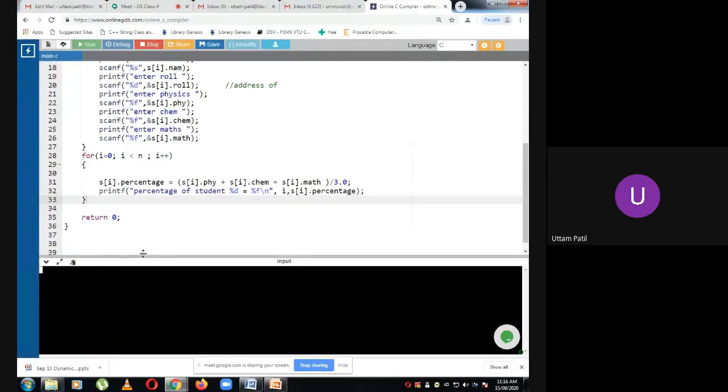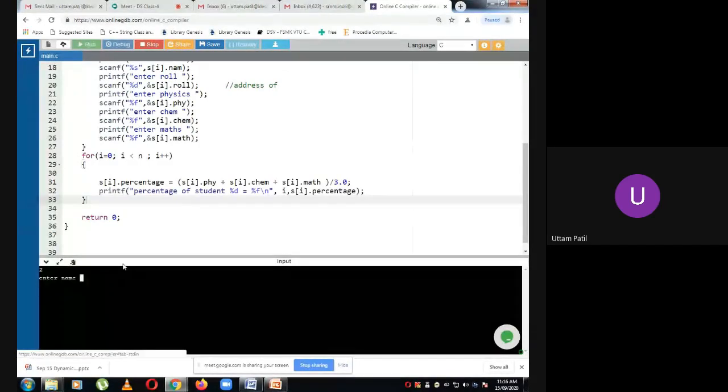Enter the number of students. I'll enter the number of students as 2. So the name is QWERTY. Roll number is 10. Physics marks is 80. Chemistry marks is 90. Maths 100. Then it will ask again for the new student's name. So I'll write ASDF is the name.